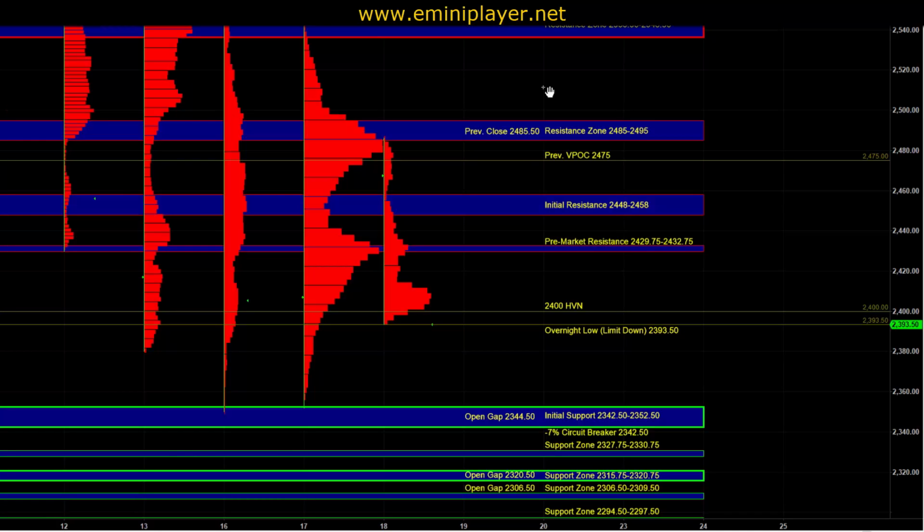So in the overnight session, the market hit the downside limit at 23.93.5, but looking at the SPY ETF, we can see that it actually tested yesterday's low, which is the equivalent of the initial support zone at 23.42.5 to 52.5. So heading into the open, we know that the overnight session has been quite weak and bearish, but now the market is again at that larger time frame inflection point of 23.42.5 to 52.5, followed by